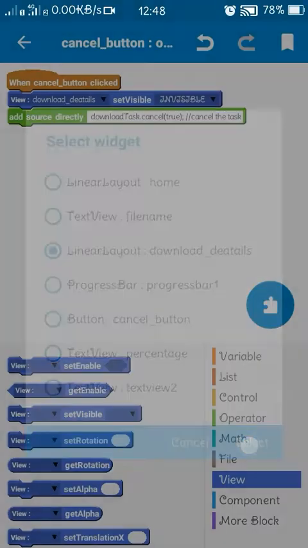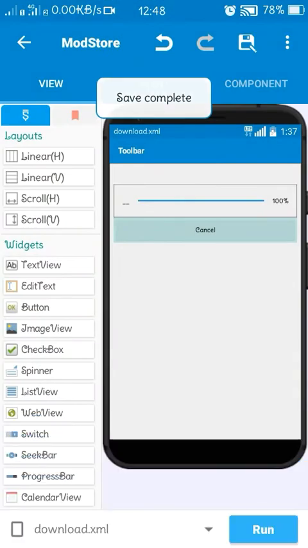We will hide download details on clicking the cancel button.